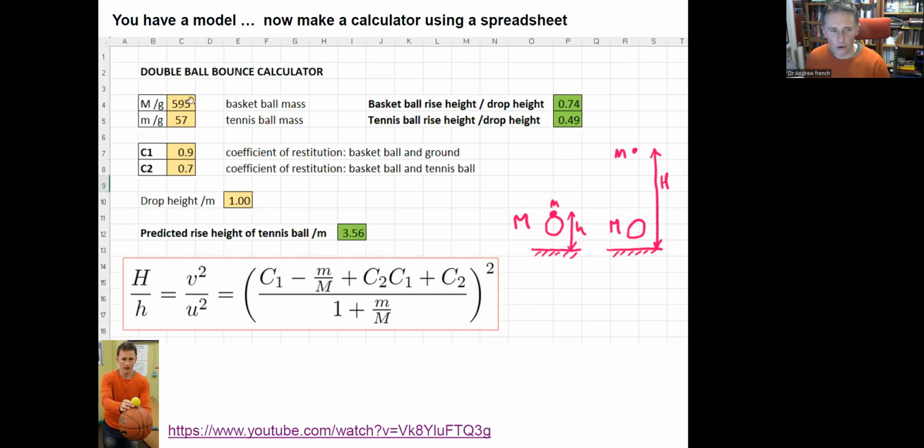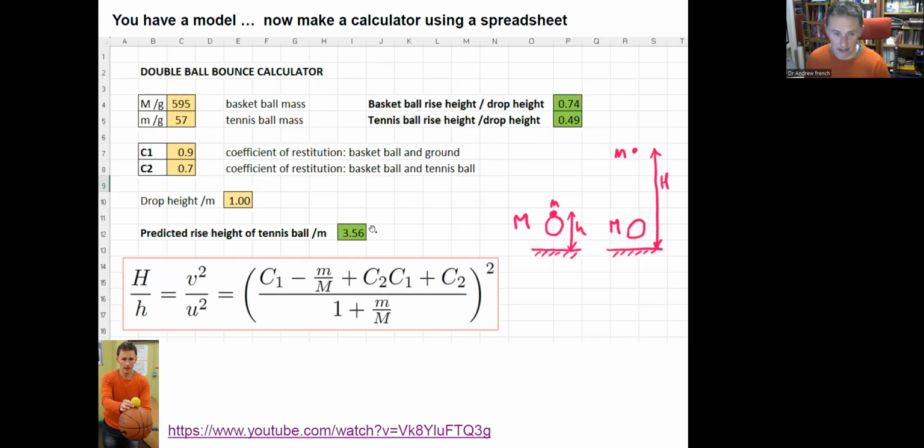And then you've got all the inputs really clearly written out. So our masses of the balls, and I did this experiment in the class. It's 595 grams for the basketball, 57 grams for the tennis ball. These are my coefficients of restitution, which I can find by dropping the basketball and timing how long it takes to stop, and the formula we saw earlier. It's a bit harder for the tennis ball on the basketball because it tends to fall off, but you can make an estimate. I can drop it from a meter or whatever I want, and then I can use my formula to predict that height given these